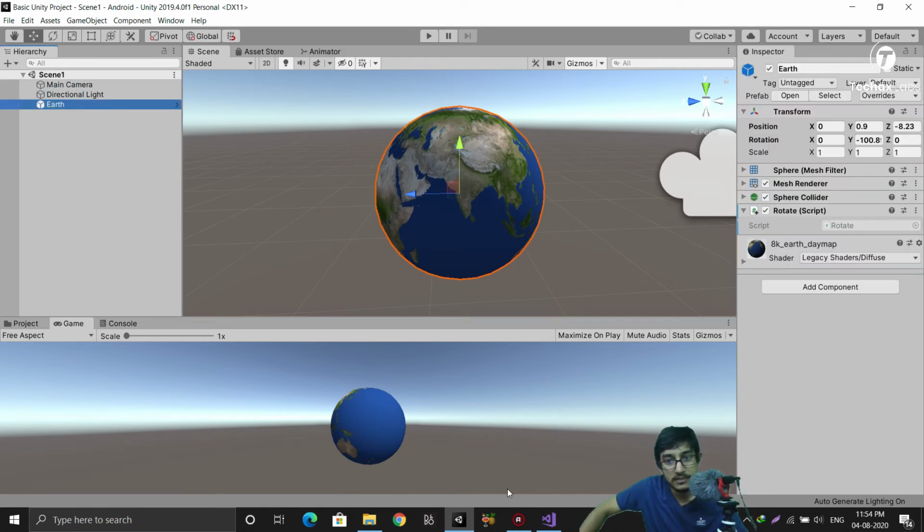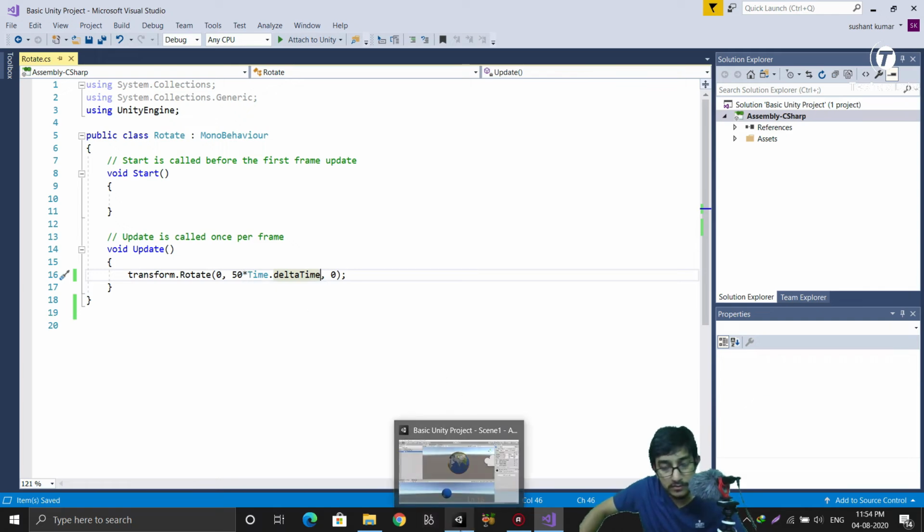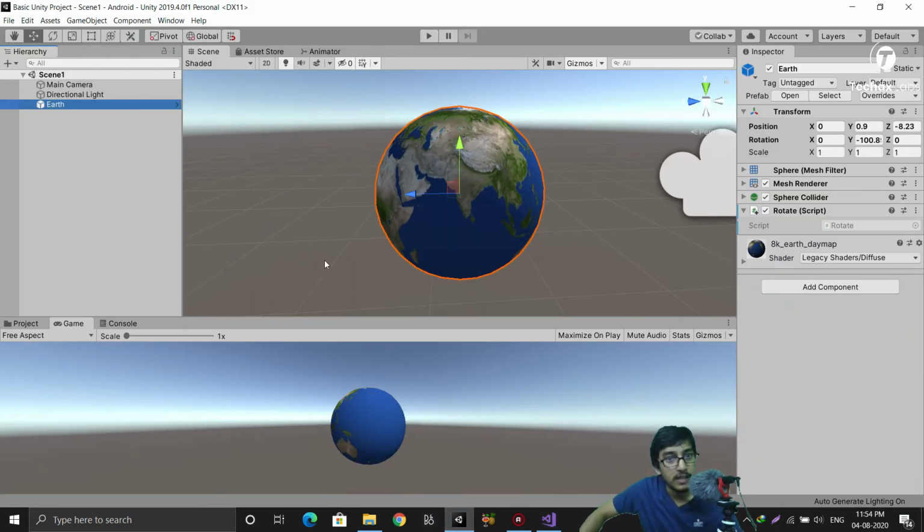So this time I will not use time.deltaTime. Instead I will just decrease the speed from 50 to, let's say, 1. And to be able to visualize it, I will create one other earth, and in one earth I will rotate it using time.deltaTime, and in the other earth I will rotate it using simply the rotator speed 1.